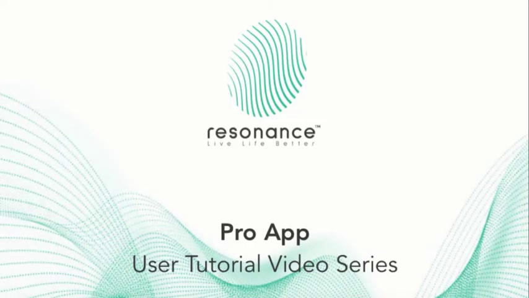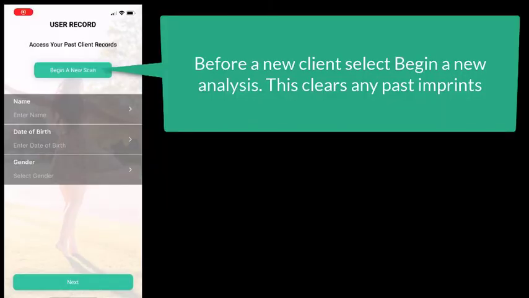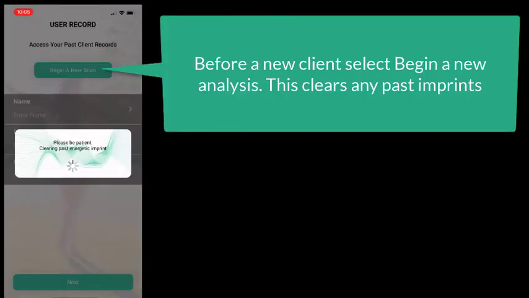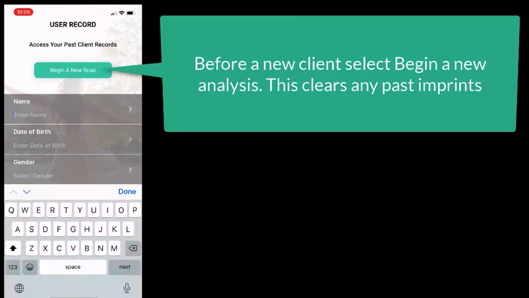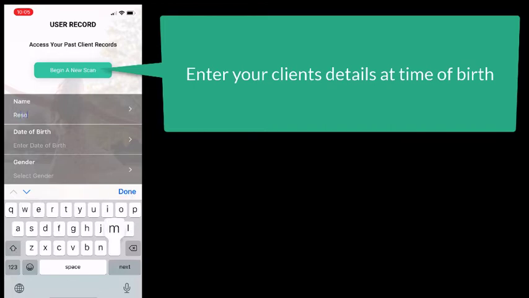One of the great features about the Resonance Pro is the built-in client database. Your built-in client database is an online database which stores all of your client information in a secure encrypted vault. So if you lose your device or change your device, all of your client information will always be readily available